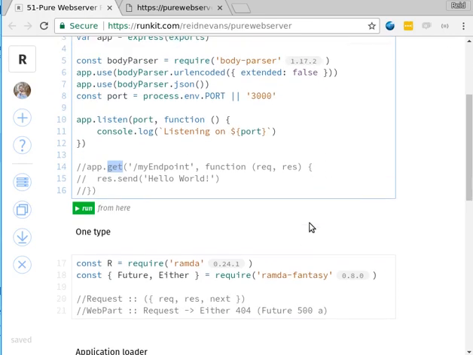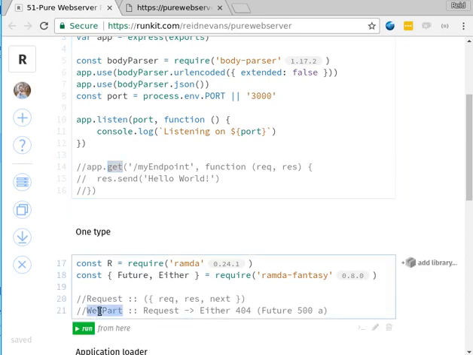So the first thing that we're going to do, we're going to create our type that everything is going to use. And this is highly lifted from Suave. So coming from my F# background, Suave.io is where this concept of a web part came from. I think it's just a really, really cool idea. Ours is slightly different, but anyway, we're going to include Ramda, we're going to include Ramda Fantasy, and our type is